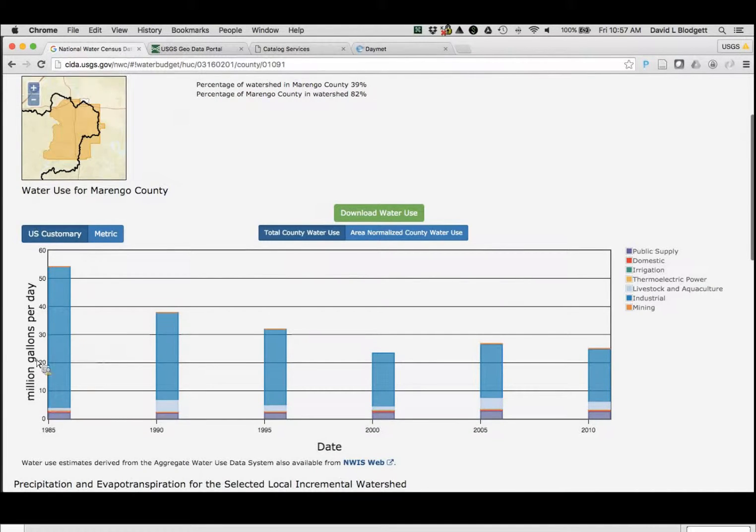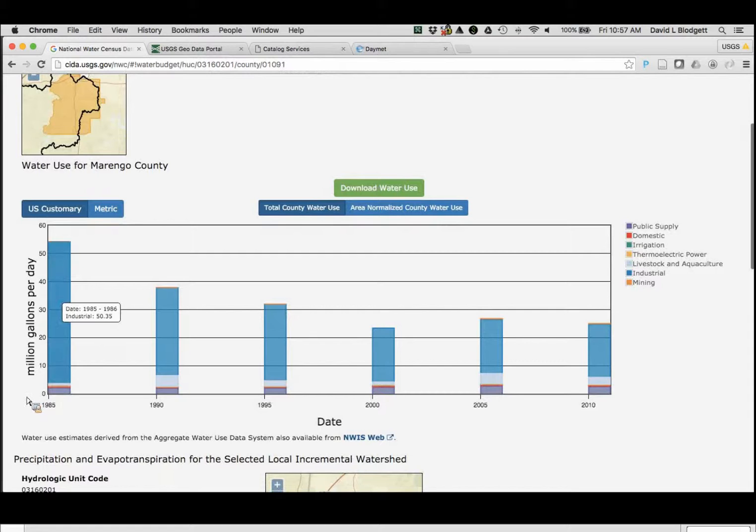And we get a plot that summarizes the water use for Marengo County. So in this case, industrial is dominant. It looks like the second is public supply. And if you roll over these, you can see the millions of gallons per day associated with those